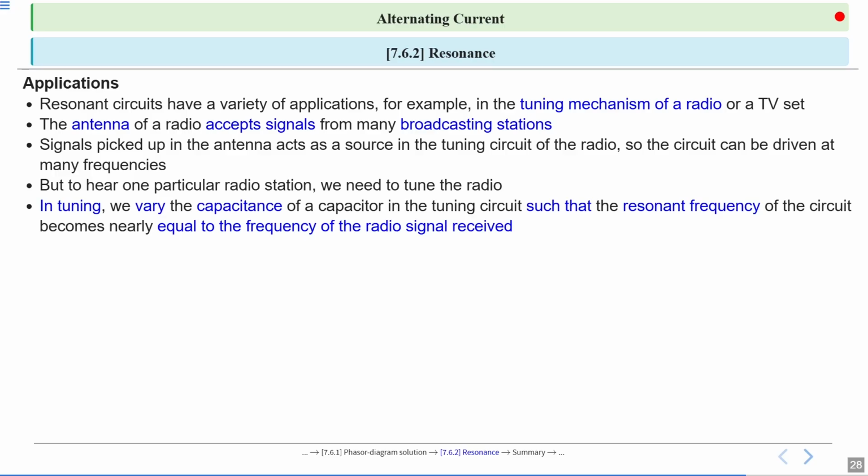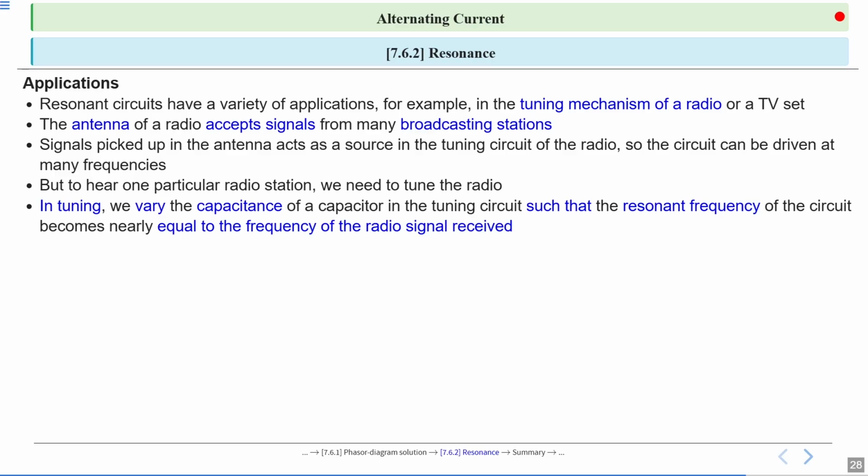In tuning, we vary the capacitance of the capacitor in the tuning circuit such that the resonant frequency of the circuit becomes nearly equal to the frequency of the radio signal received. Resonant frequency is that frequency we are setting by changing the capacitance. By changing the capacitance, we come up to the resonance condition where XC becomes equal to XL. When this resonant frequency becomes equal to the frequency of the radio signal received, this channel will